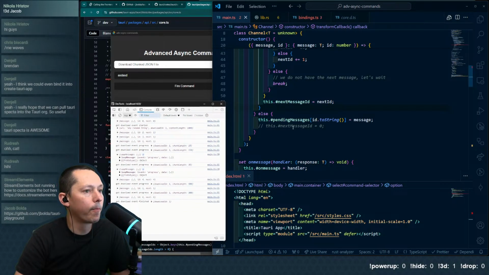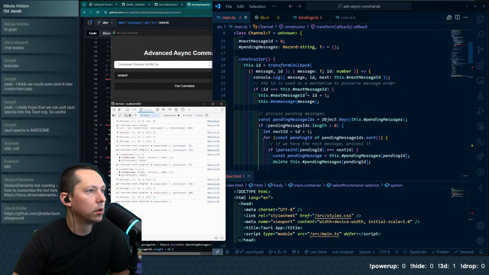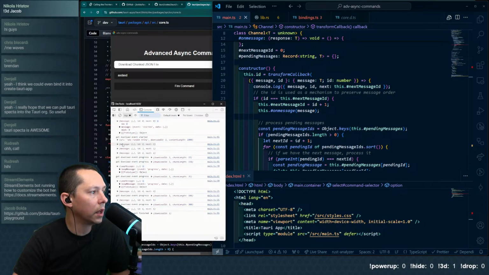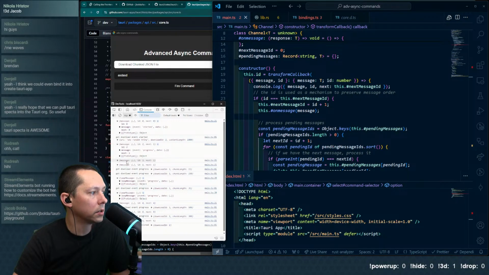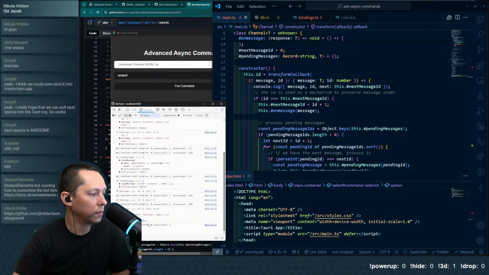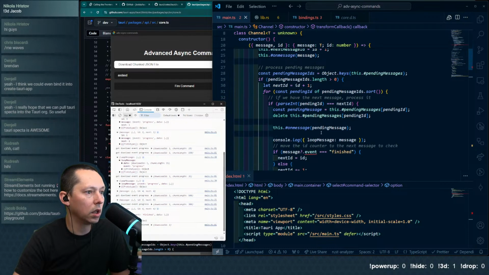Yeah. So that's why it seems like we're getting them out of order. So we get an event, so it starts, and we receive the start event, and then we get progress events. And we've been looping through and we start logging those out. And we get another progress. And then we get another progress. And then we are finishing back through the loop. So we get here. And then it eventually hits the 6th message, which is finished. And we have logged that out.